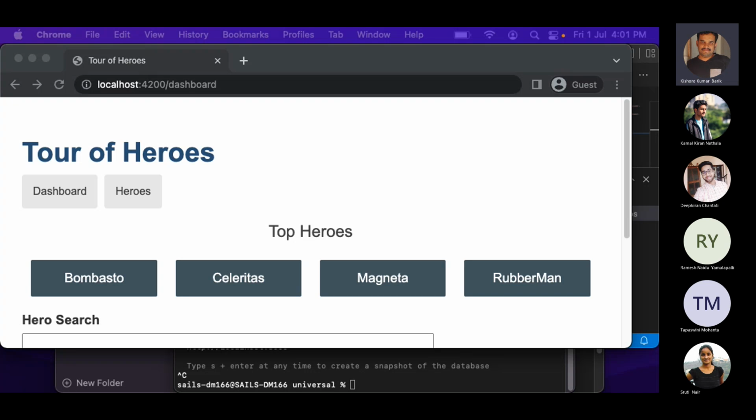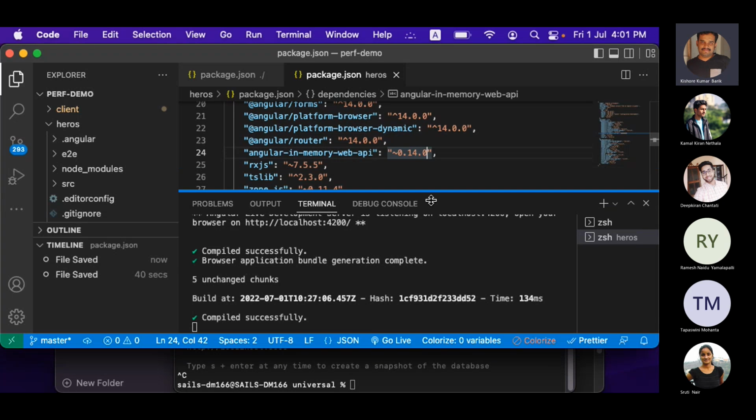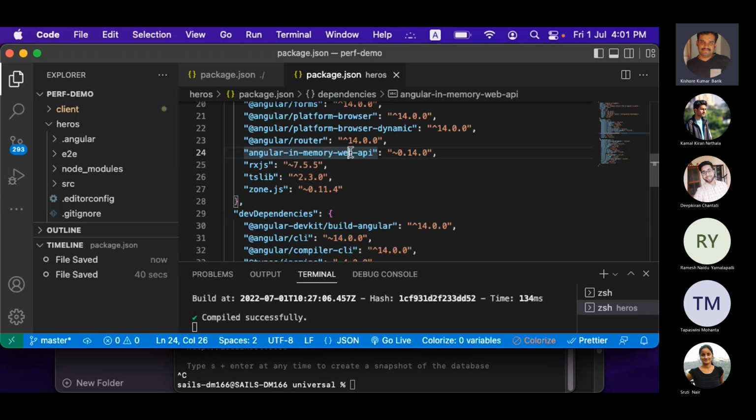So for that, this code which I downloaded uses Angular in-memory web API. What it does is it simulates the web API. So when we are calling the heroes list, or we are clicking on a hero, it gives the details. For all this API data, it simulates. There is no actual backend API. So how they are doing it is,